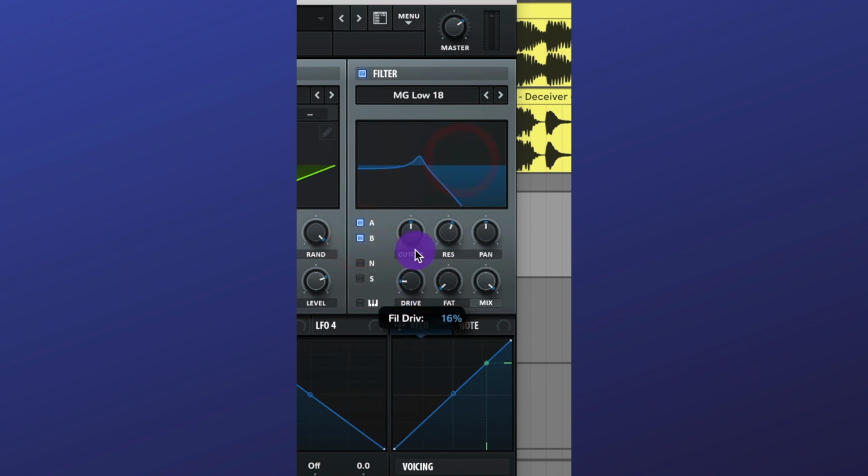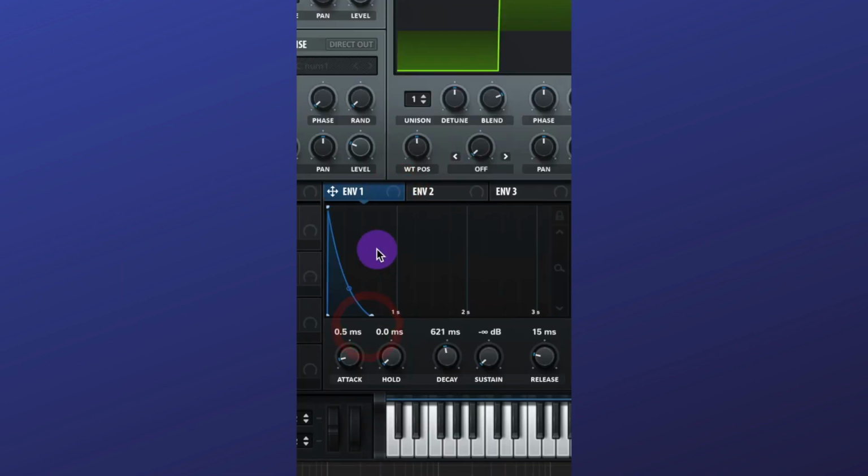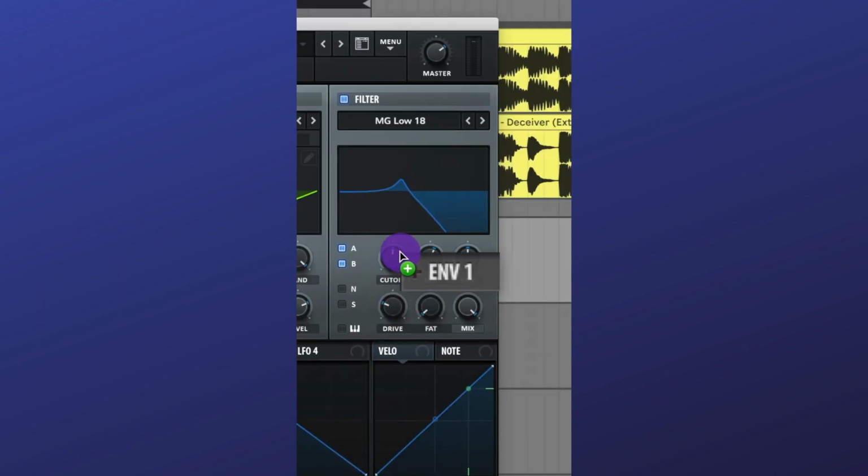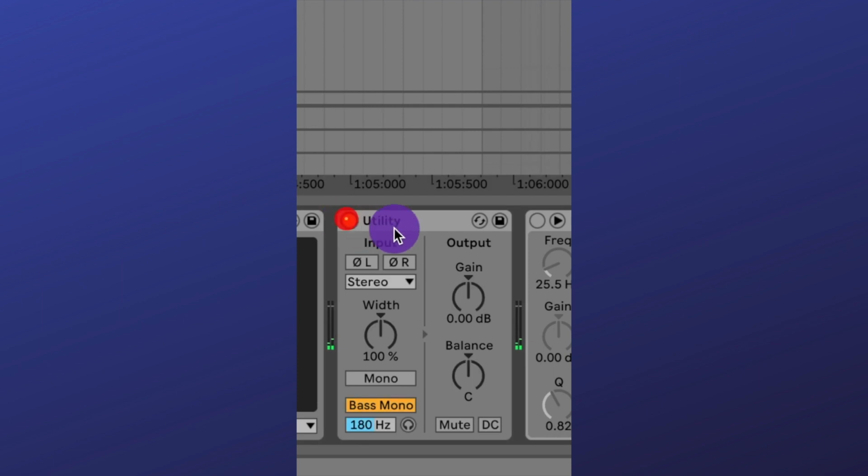Raise up that resonance, raise up that drive. Now go to your envelope 1, adjust it a bit like this. Assign your envelope 1 to your cutoff and adjust the modulation like this. Now we can just add a light compressor and then throw on a utility plugin to make sure that bass